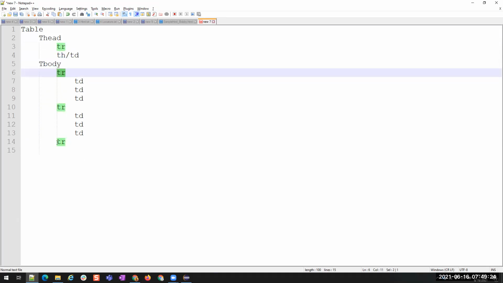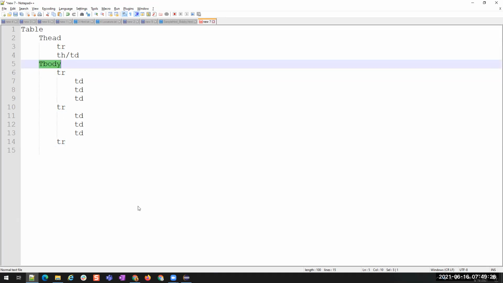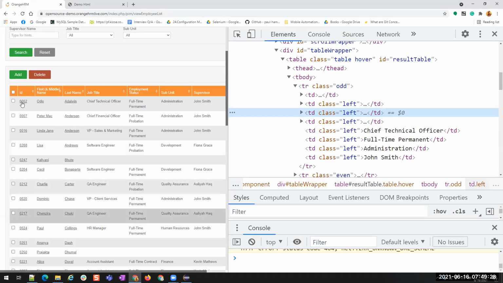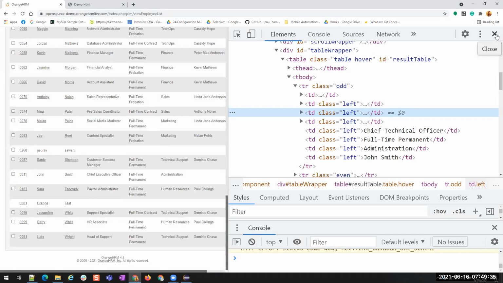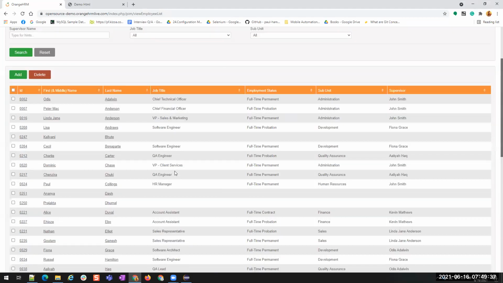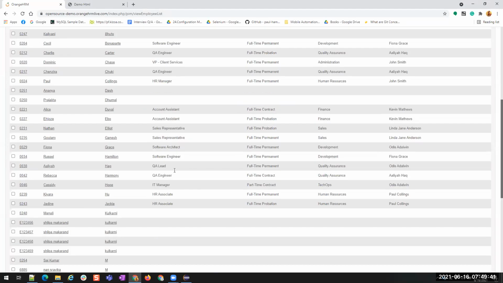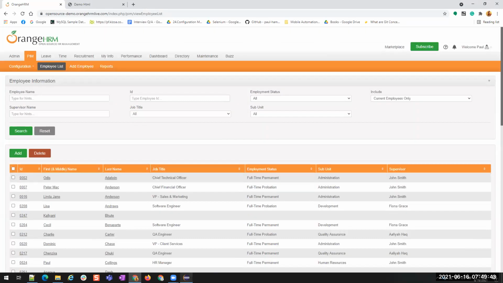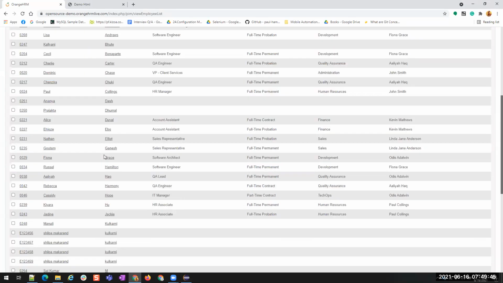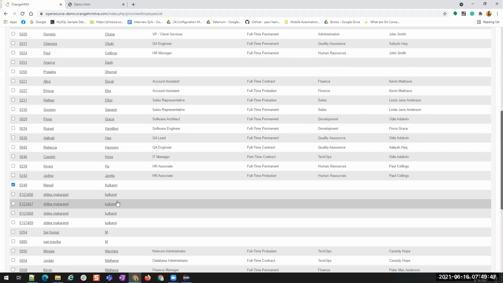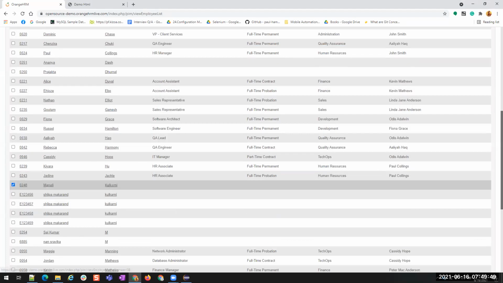We don't know how many rows we are going to have inside this body. Do you know how many values are present in this list? Can you count this? I mean, by seeing it, can you tell how many values are present here? No, right? There are n number of rows. We don't know how many rows will be present at what time. And suppose if I delete this, then again the count will be changed.